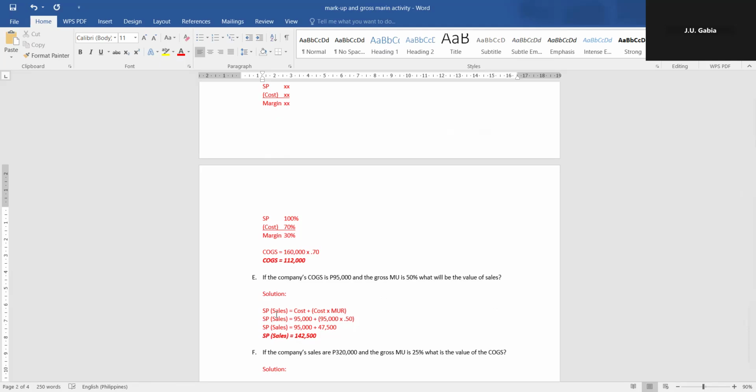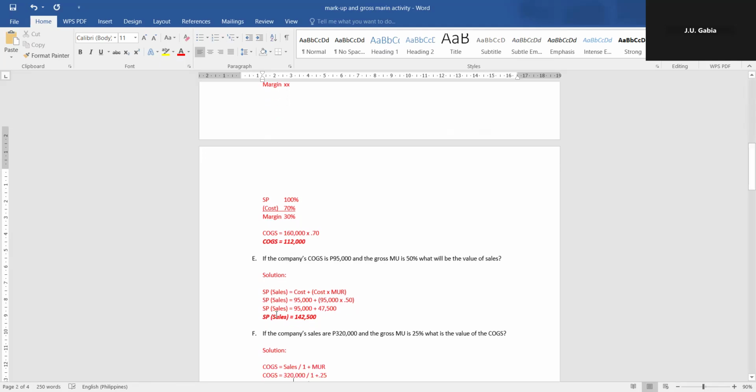We have a cost of 95,000 and a gross markup of 50% of the value of the cost, so 95,000 multiplied by 50% is 47,500. This will be added to your cost so that you arrive at your selling price. So 95,000 plus 47,500,